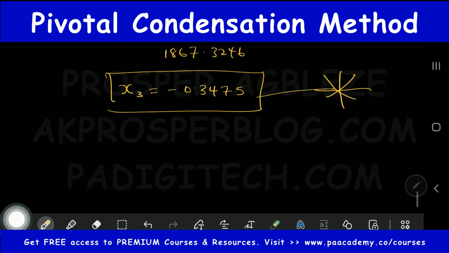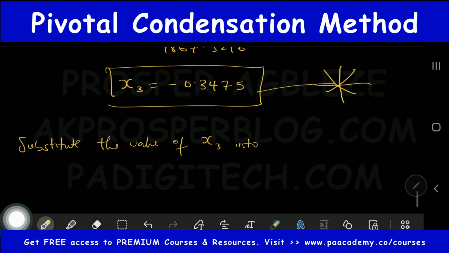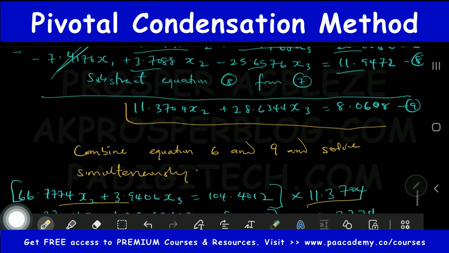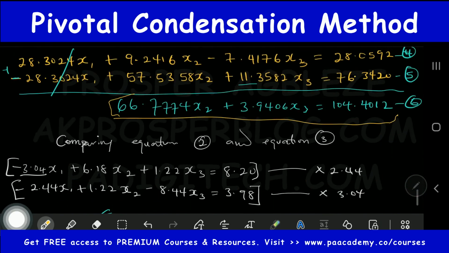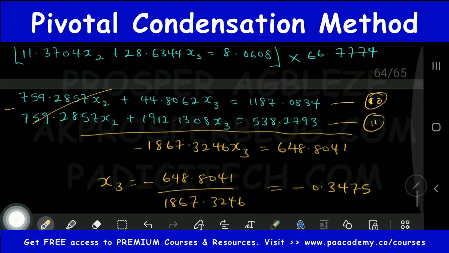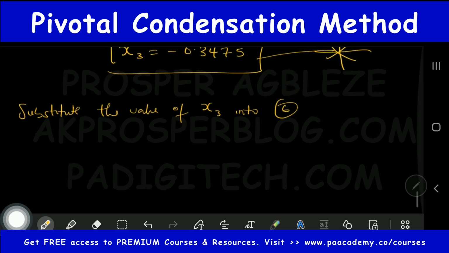Now for us to get x2 and x1, let's start with this. We are going to substitute the value of x3 into any of the equations that has both x3 and x2. But let's use equation 6. Remember what our equation 6 is. Let's see if we can trace that right here. All right, so this is our equation 6 right here, this one with the 66 point something. So if you should do that,